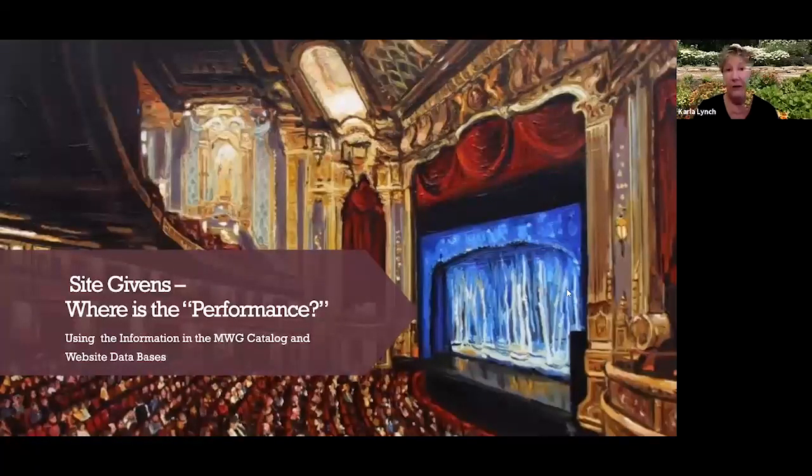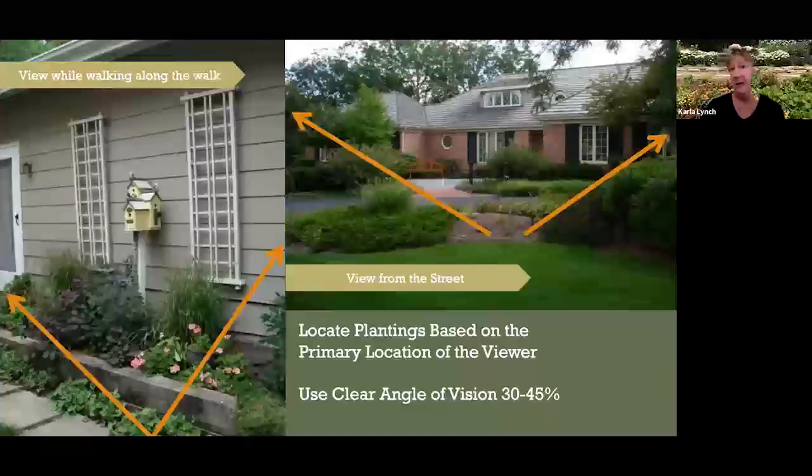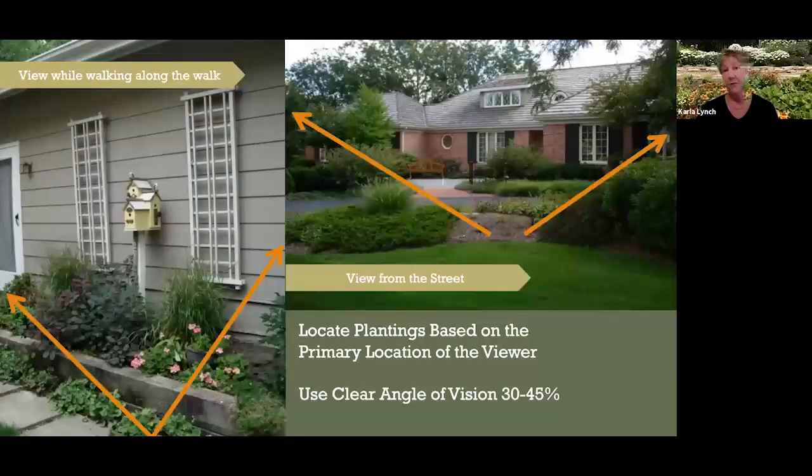When you're designing a space and you identify the primary location of the viewer, there may be several places. There may be an approach to a home. There may be the view from the kitchen window. If you're in a tall office building, there may be the view that goes down into a courtyard. You have to identify where people are going to see these designs and how much they're going to see at